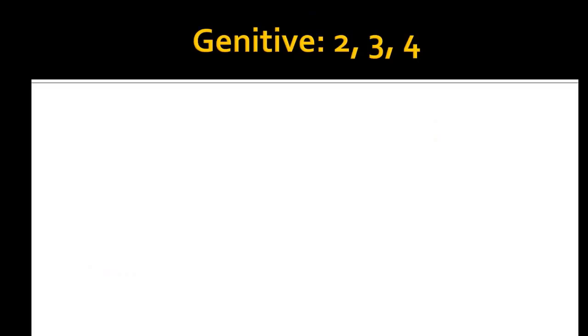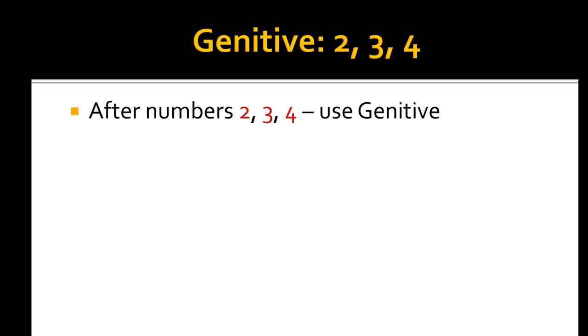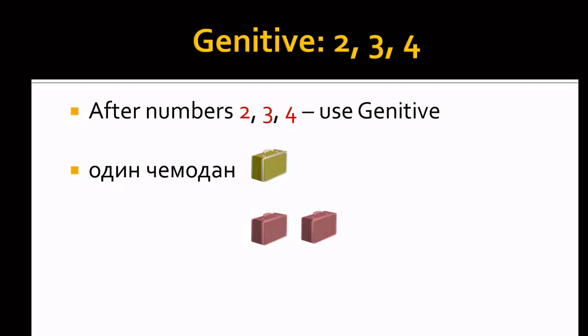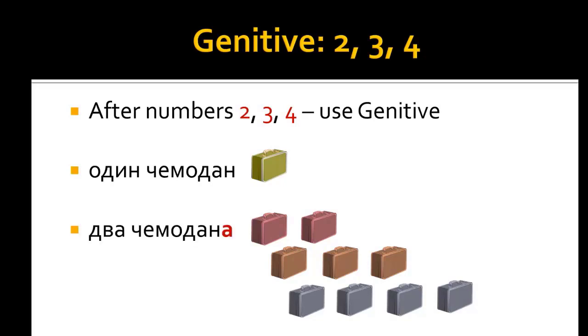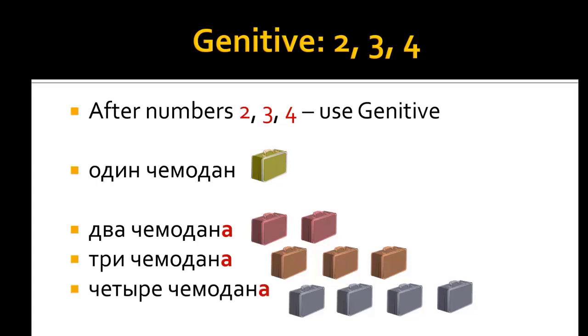Also, the form of the noun changes into genitive after the numbers 2, 3, and 4. For example, when you say one suitcase, you would use the default nominative form чемодан. «Один чемодан.» But as soon as you change the number to 2, or 3, or 4, the form of the word will change. «Два чемодана. Три чемодана. Четыре чемодана.»